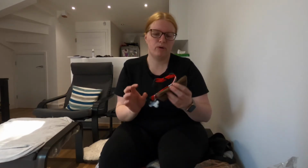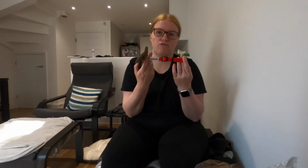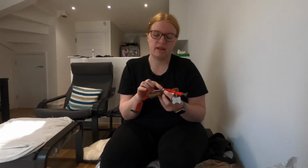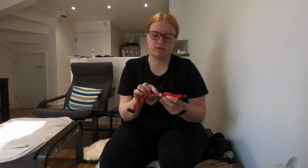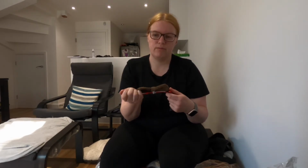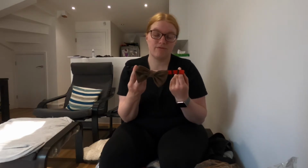With the bow tie, I also purchased from the same company, Not in the Doghouse, but just from a different brand called Doodlebone, just a red collar. That was size extra small, and again it's on the tightest setting and it is still a little bit too big for him. And because it's quite a narrow collar, I've had to double over the elastic on the bow tie there to get it on, but it does look really cute,